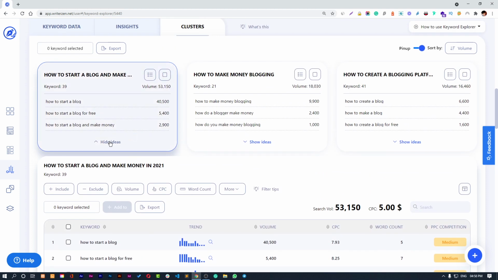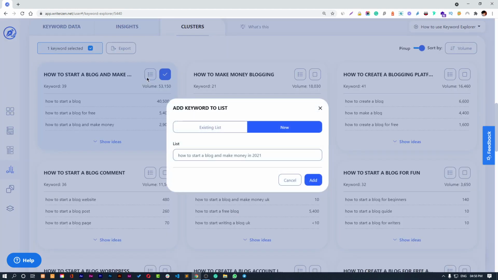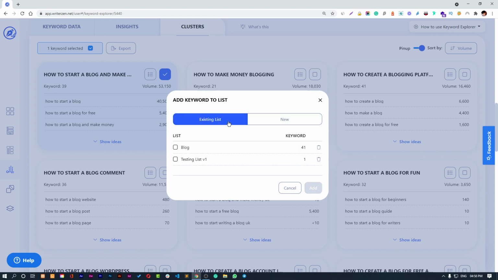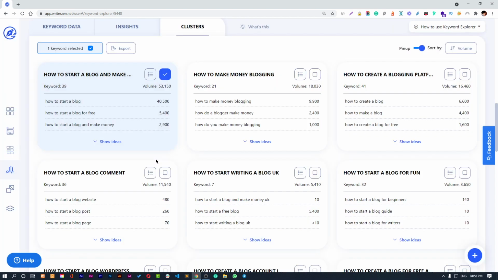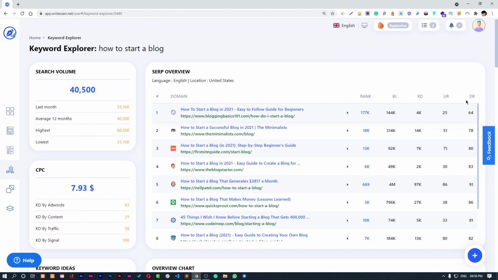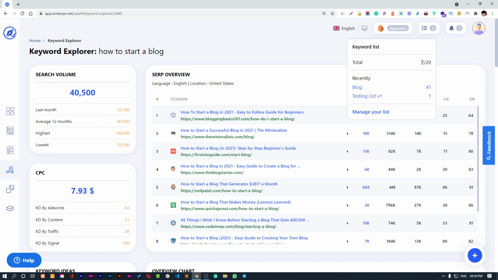So you can just click on this and export this cluster right from here, and you can also add this to your existing list of keywords, or you can create a new list and then add it to that. I will create a new list, but you can also see that there is a limit for the keyword list, like 20.